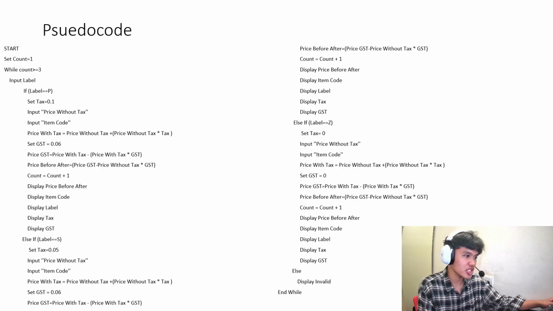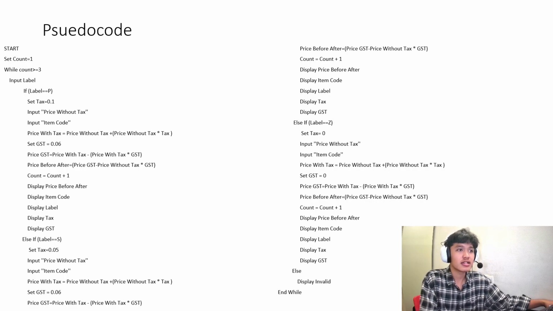And then price with tax equal price without tax plus price without tax multiply tax, and set GST equal 0.06, and price GST equal price with tax minus price with tax multiply GST, and then price before after is price GST minus price without tax multiply GST, and set count plus 1, and then display price before after, and display item code and then label and tax and GST. And else if label